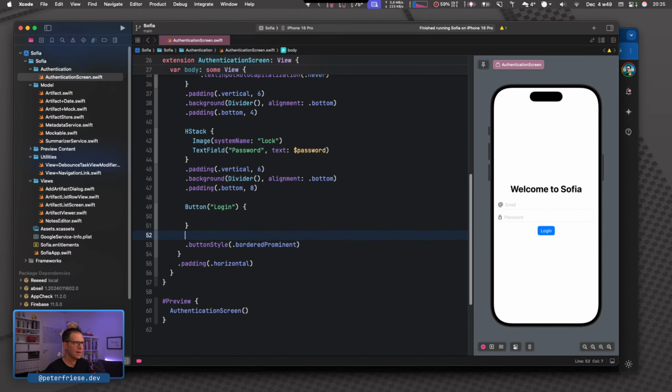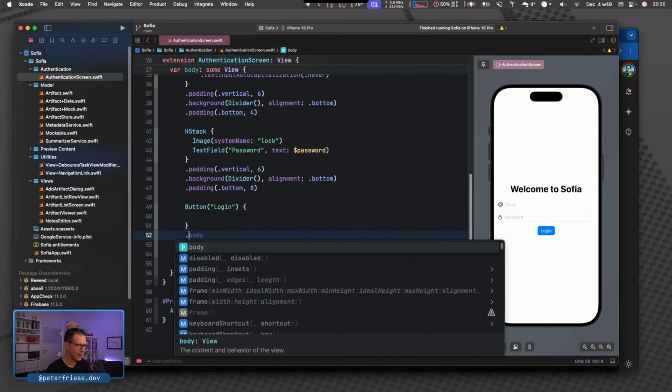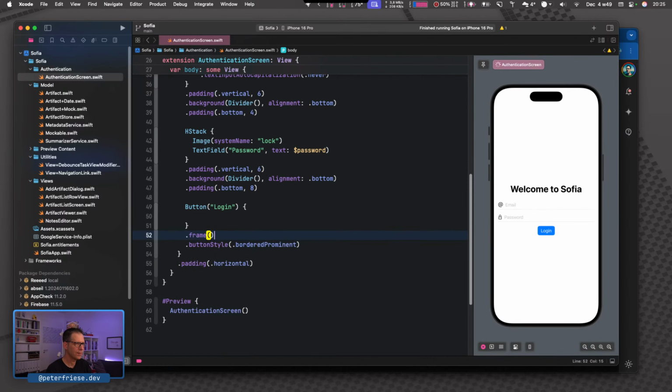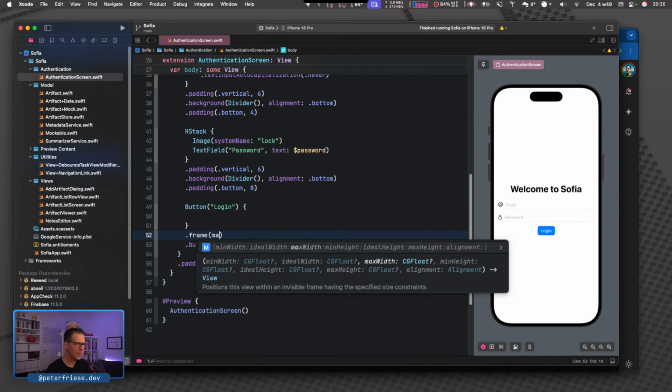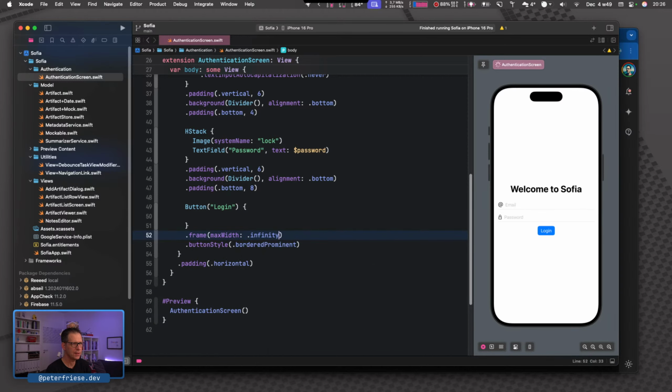And then make it real wide. So frame, and we'll set the max width to infinity. I think this should work.